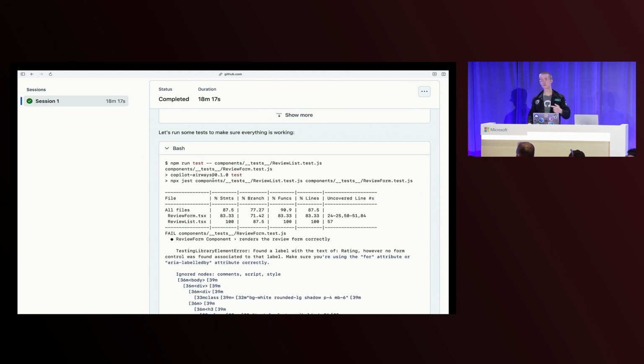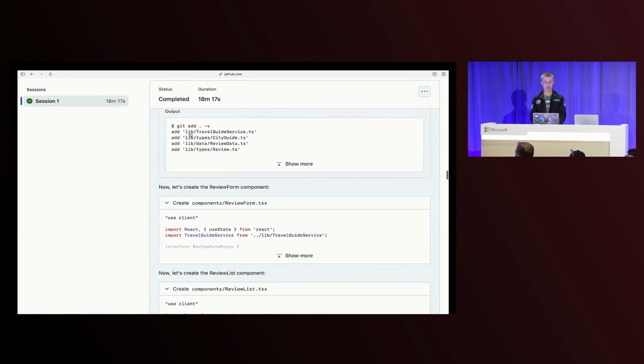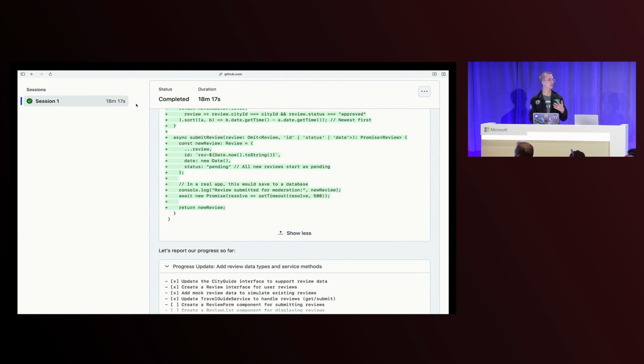But if during this process it finds problems, so there are tests that are failing, or you've got lint rules that aren't passing, it can see those and fix them before it pushes. So rather than you getting a pull request that's red and having to say, hey, Copilot, can you fix this for me? It's immediately getting ahead of you and figuring out what to do next and getting a PR that's ready to go. This is actually a really nice example of the asynchronous nature of this agent.